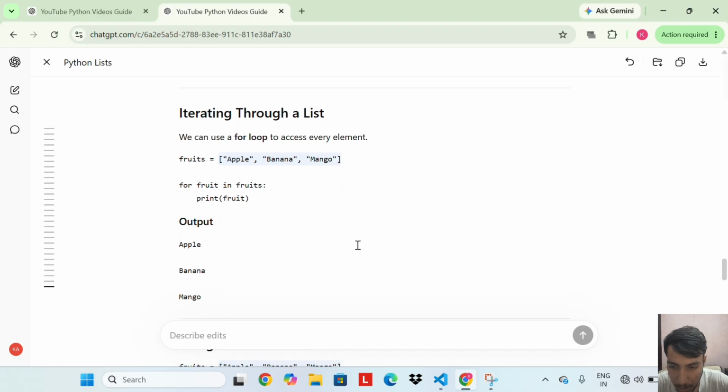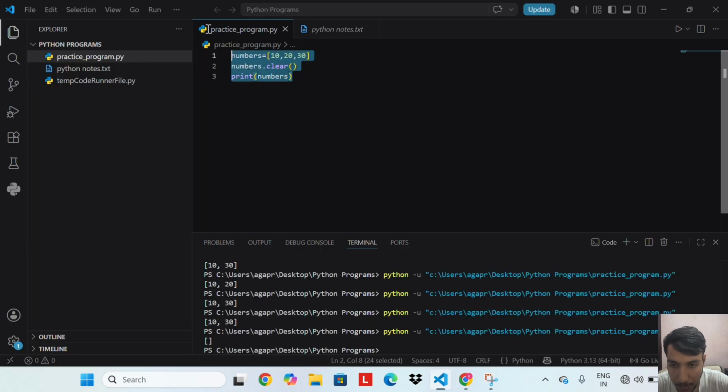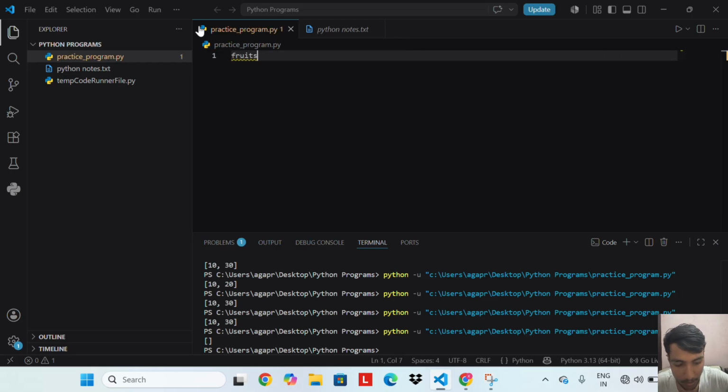Iterating through a list. We can use a for loop to access every element. So let's do an example of iterating through a list. Fruits equal to apple, banana, mango.